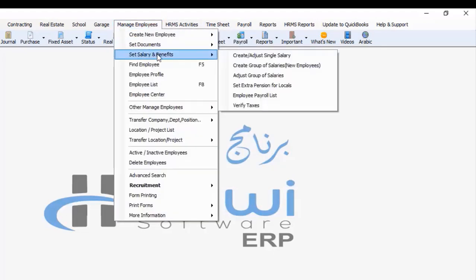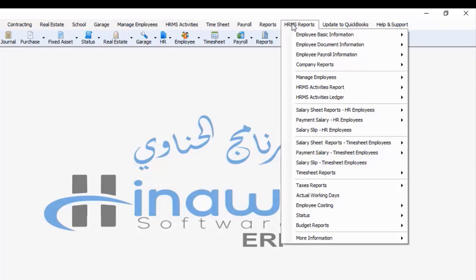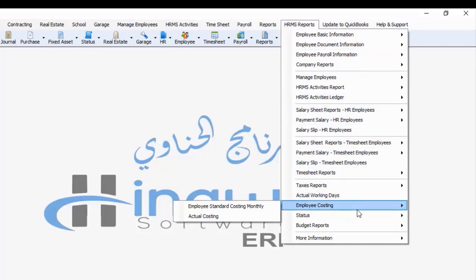And keep in mind that all of this is contained in the reports, the HRMS reports, where you can see it very clearly and understand how the output is functioning according to the inputs which we have created and inserted